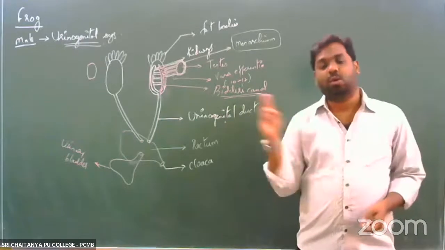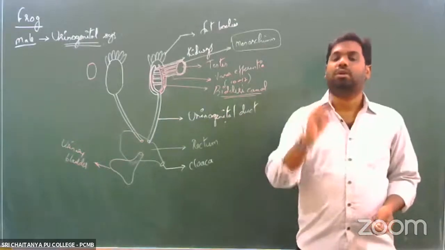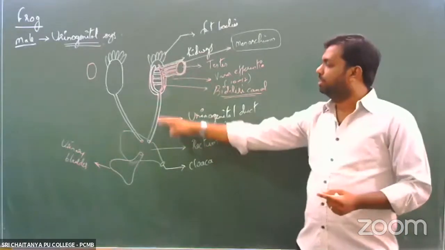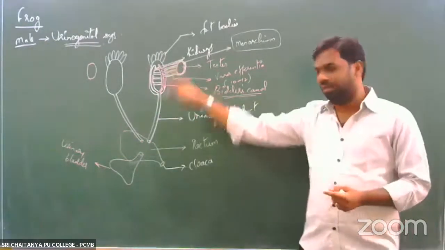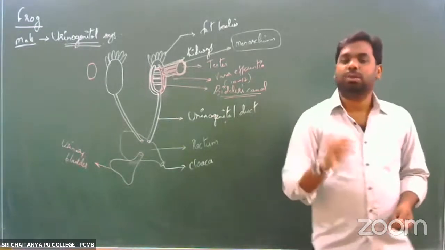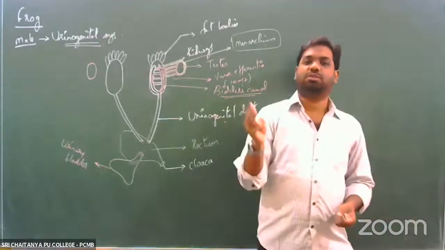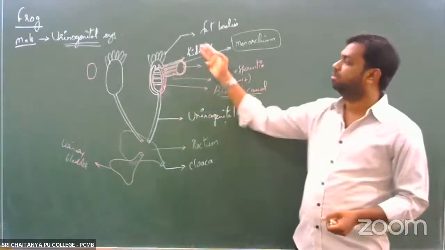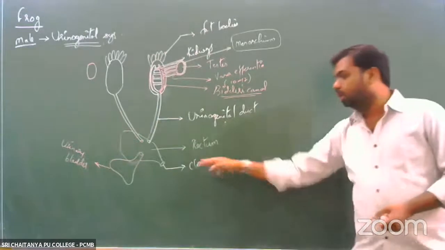Second one, we said that cloaca is said to be a common opening for the second system, which is the excretory system, through which the nitrogenous waste is actually sent out of the body. Again, the same passage what we have just said now. The third system, I told you that cloaca is considered to be the common opening for the reproductive system, where the gametes are actually sent out of the body. So here we can see the sperms are also being sent out of the body through the cloaca.